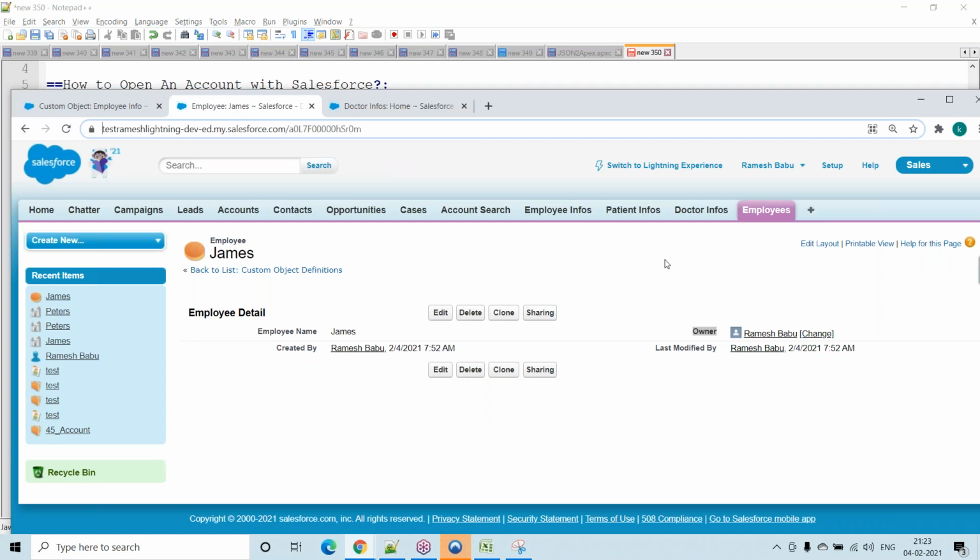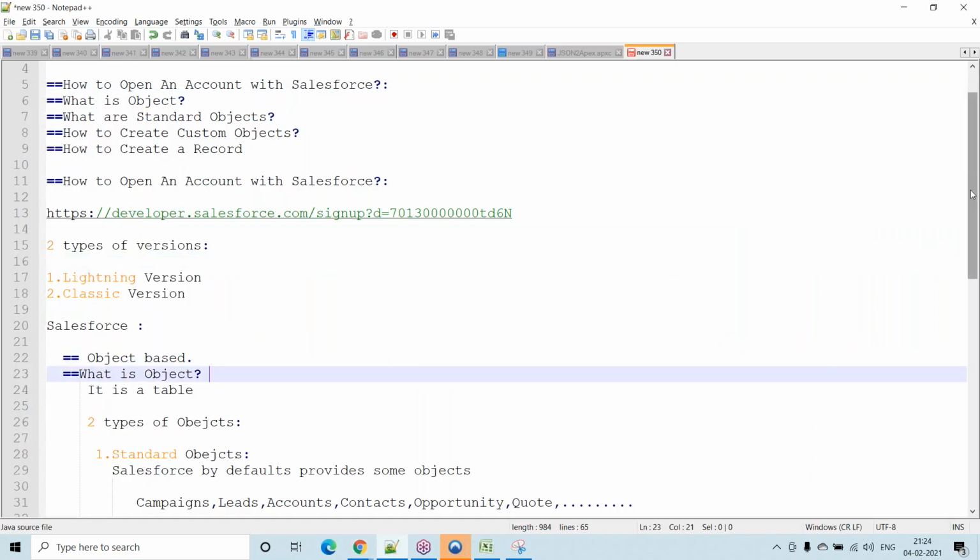We are just opening an account and remembering this username and password. You will go and open that URL and enter your username and password. Then it will redirect into this particular screen, and here we are designing our system however we want. We are not installing any software. That's why Salesforce is called cloud computing. Salesforce is nothing but cloud computing.